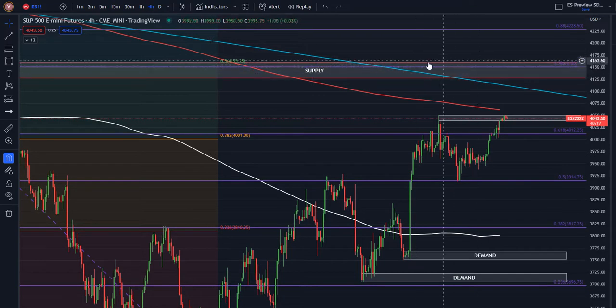So what do we have in this supply zone? In this supply zone, we're going to have a break of the trend line. We're going to have a supply zone. We're going to have the 41.50 from August high. We're going to have the half back at 41.55 from the high of the year to the low of the year. I need to see the market get through this and hold and defend some levels